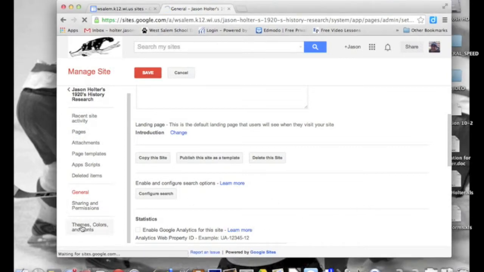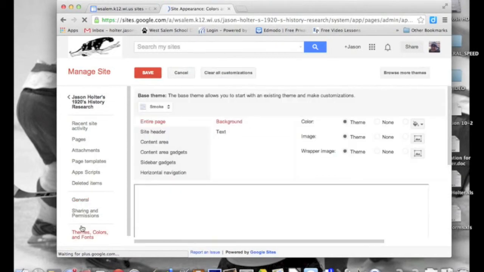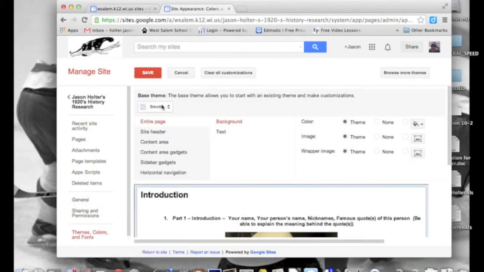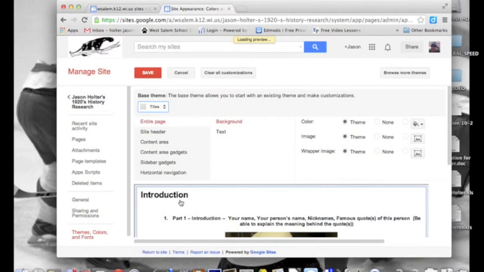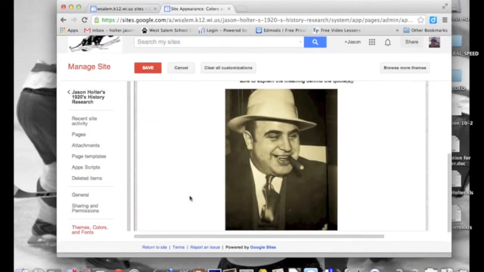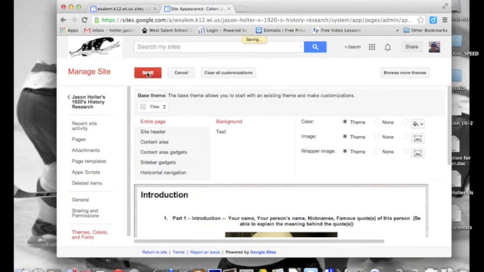So let's say, for instance, that I want to change my theme and some of the colors. The theme I have on right now is called Smoke. Let's change it to something 20s. We'll call it Tiles. And if I can preview it down here, I think that looks okay, and hit save. The Manage Site part is where you'll find a lot of the changes that you're going to need to make. And then I hit save again, and it's going to take me back out